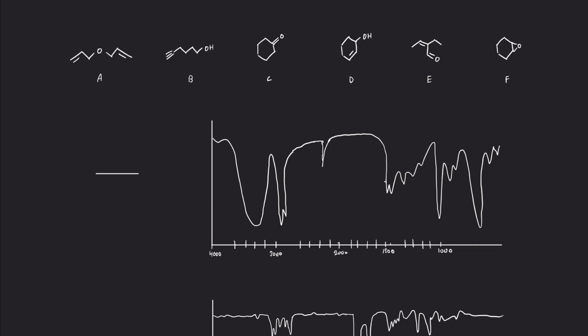I know I haven't made a video in a while, but today's video will be about IR, which is infrared spectroscopy. And so with the graphs that are given, we can identify functional groups and match them to certain compounds. So at the top, I have some molecules, some compounds. Using the IR graphs down below, we'll identify the functional groups and match them accordingly. So starting off with this first IR graph here,